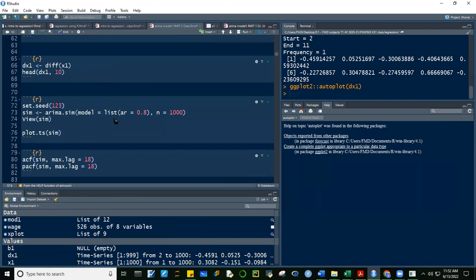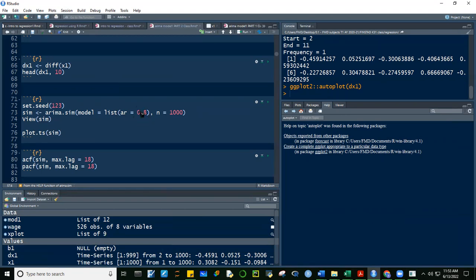Okay, so this is just another example. Okay, gawin na lang natin tong set.seed ulit, 1, 2, 3. We're creating this object sim. And then ito, AR1 lang, ano? AR1 lang. Okay, list AR is equal to 0.8.